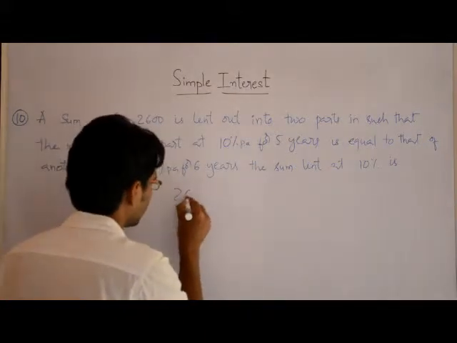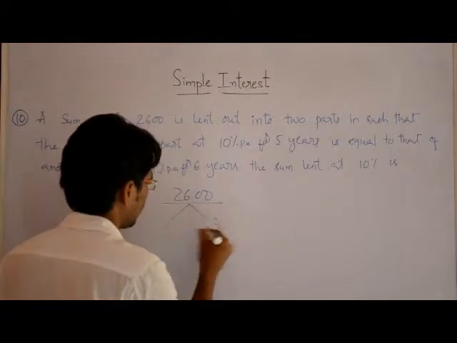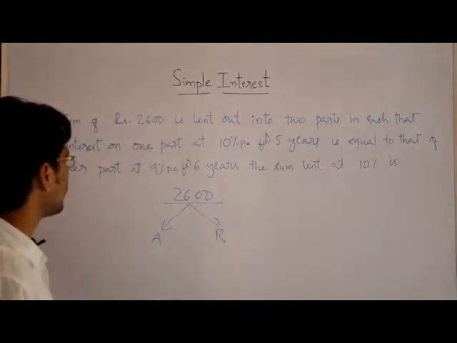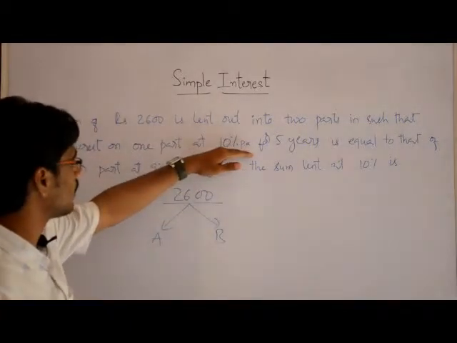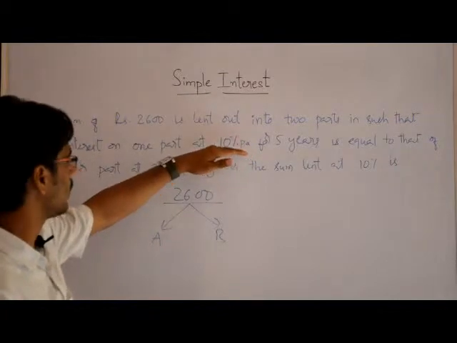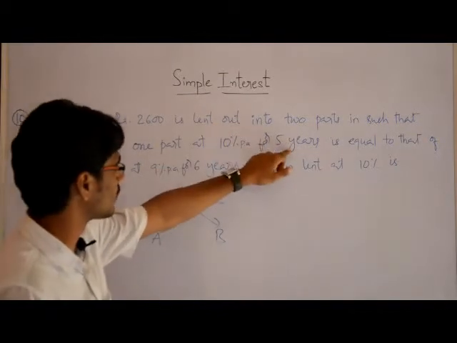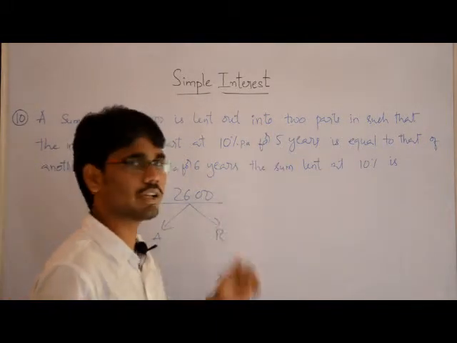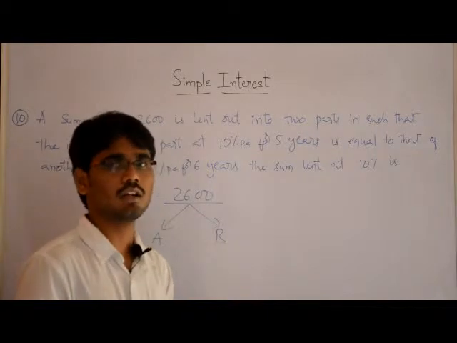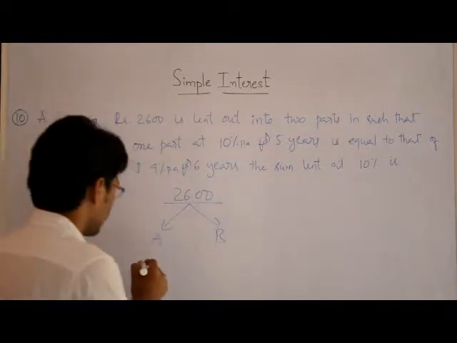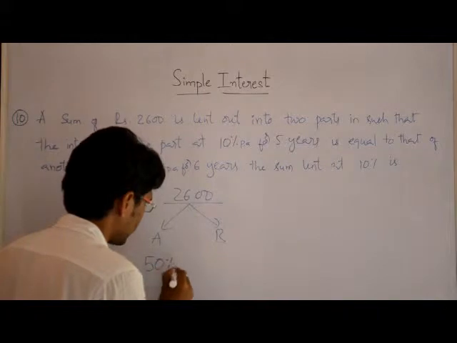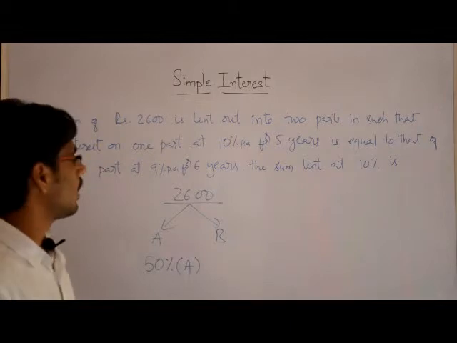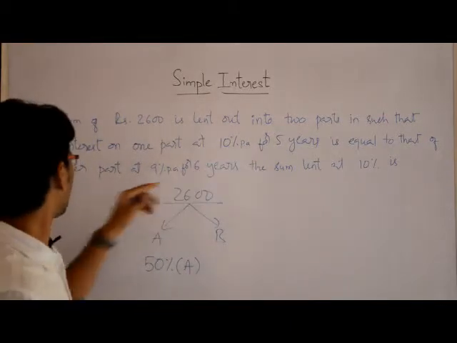Let the total 2600 be given in two parts. Let one part be A and another part be B. Here the first part is at 10% per annum, that means 10% for 1 year. Here it is 10% per annum for 5 years, so 10% for 5 years we can take as 50% for 1 year. So 50% of A is the total interest obtained on the first part,